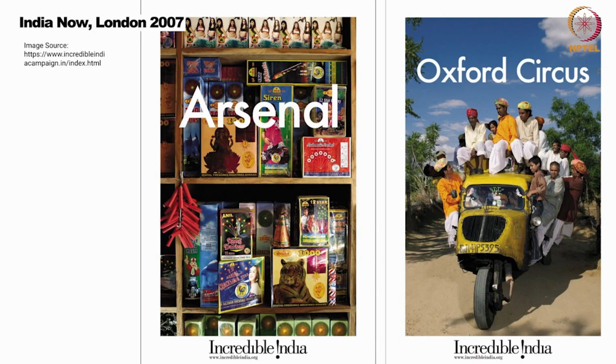Similarly, in terms of depicting India, this is in London, and you can see how they are taking the reference of existing London spaces and reversing it to the Indian representation. Oxford Circus, again, you can see Arsenal depicted. The names are similar, but the contexts are totally Indian-centric, and that also triggers. This is a very interesting visual branding strategy, where they are trying to trigger the audience of London and make them think about India, how India feels, and what the scenarios in India are, in a very witty way.